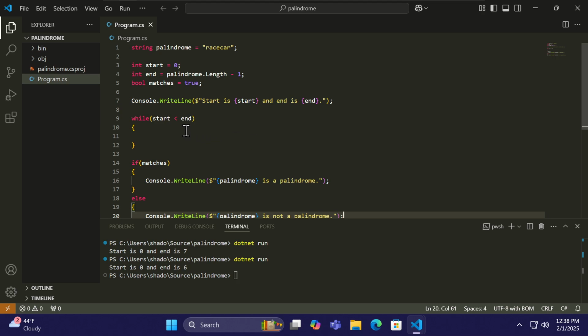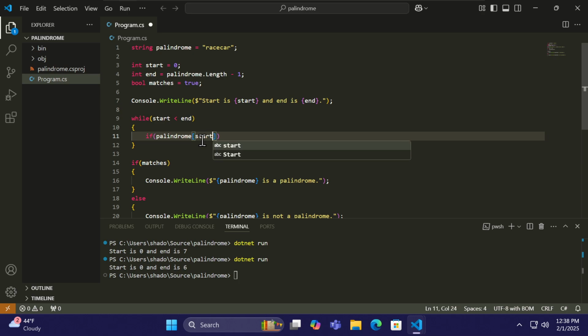Now we need to fill out the while loop here. So what we want to do is we want to index into the string. So to do that, we do this. So if palindrome at start. So to check that, you use these square braces. That says index into the string at this position. So right now it'll be 0, but we'll fix that in just a second. So if start equals palindrome at end,